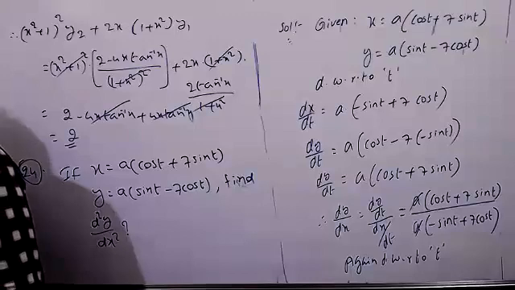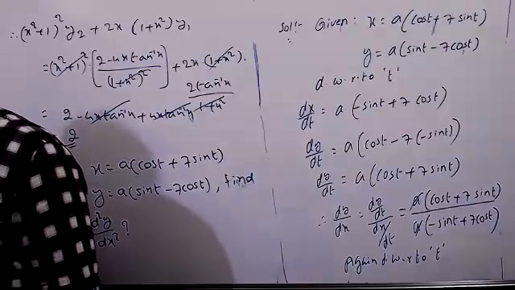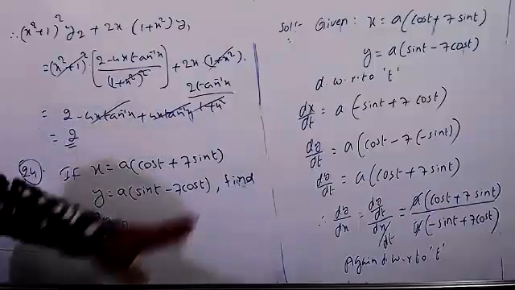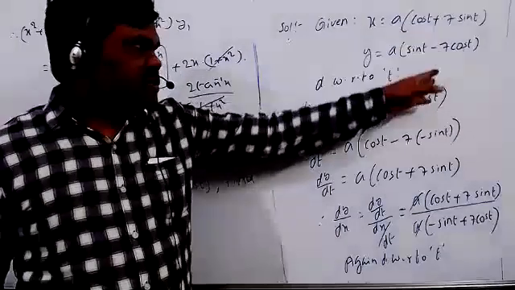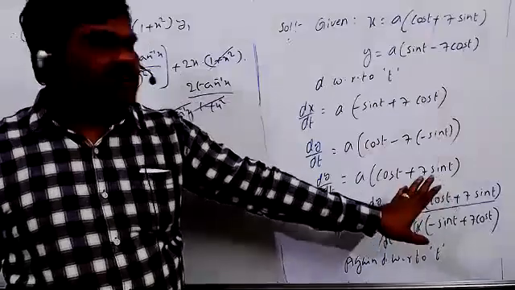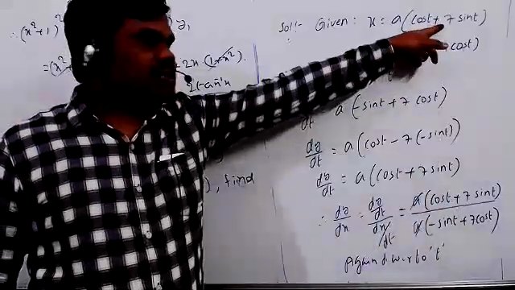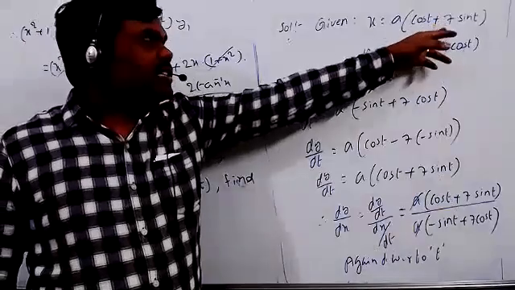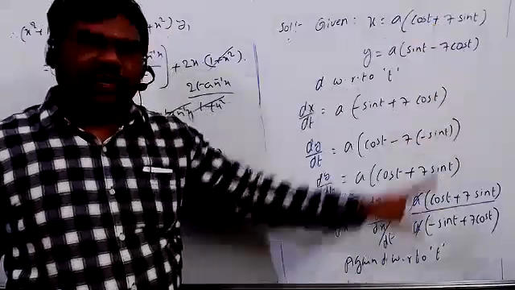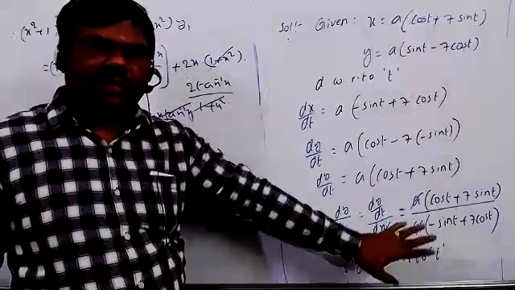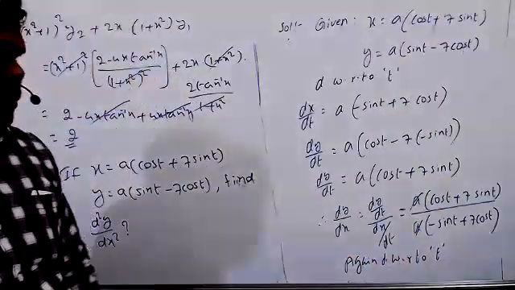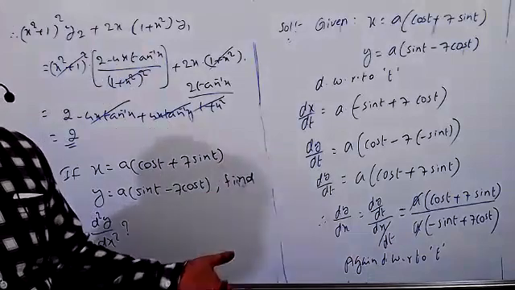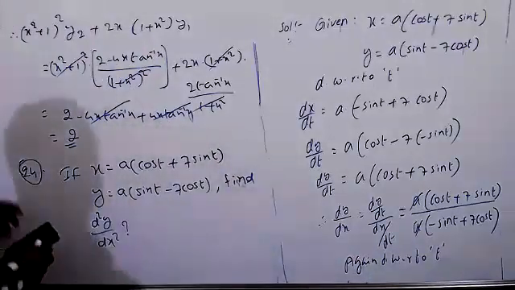In this problem we made one small mistake. The problem is correct, and taking 7 is fine, but actually the problem they gave has not 7, it is a t. If we take 7, it's correct, no mistake at all. Otherwise, directly we apply dy by dx, that's all. You can write that.